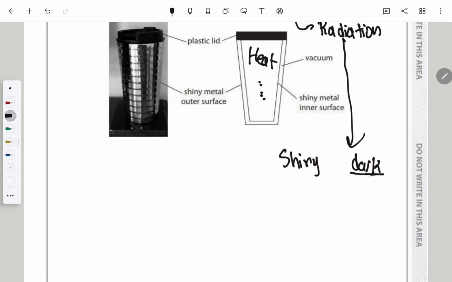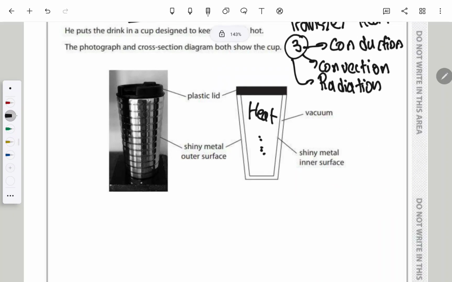We said dark objects absorb it quickly, shiny objects don't absorb it, but also the point I'm trying to say, remember that shiny objects don't give it away, they hold on to it. Okay, they hold heat energy. And this is very important to answer this question. While dark objects, they give it away easily. Okay, so we can use these points all to pitch up some answers,